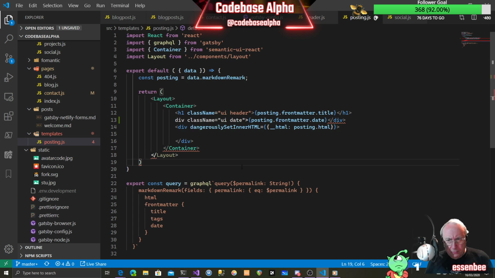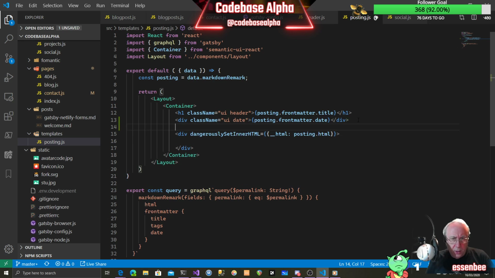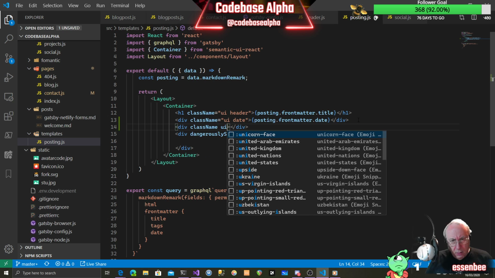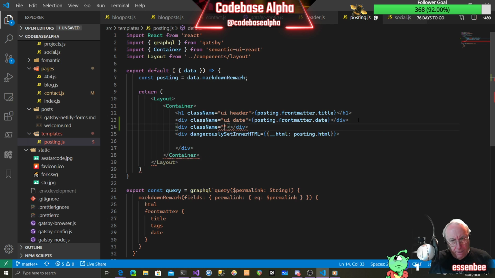Format that. What's it complaining about? Oh, missed that start. Okay, there we go. And then we'll have, I think we need a horizontal rule, but I think we can put a div in here, and we'll give it a go. Class name UI. I think it's divider. So we'll see what that looks